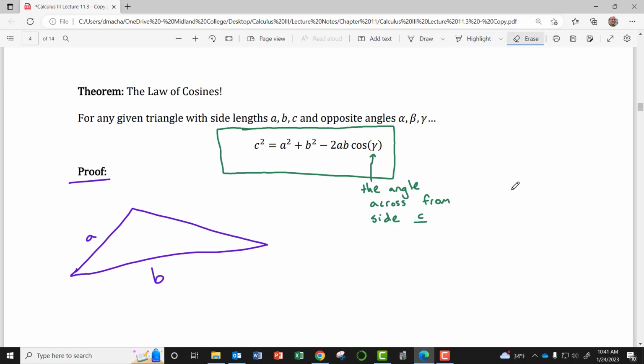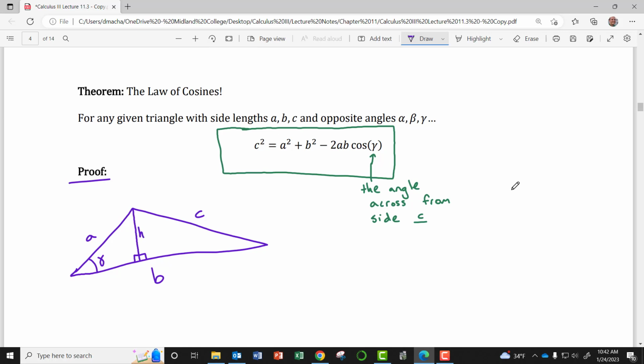Let me go ahead and label it like this, sides A, B, and C. And so normally, I like to label the angle across from side A, the angle alpha, the angle across from side B beta, and so this angle across from side C is going to be gamma. So those are just the Greek letters corresponding to A, B, and C. I actually don't care about these angles though for right now. Then I'm going to draw what we call an altitude of the triangle. What makes this an altitude is that it makes a 90-degree angle with this side B,